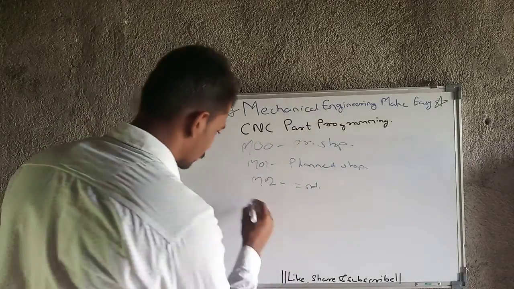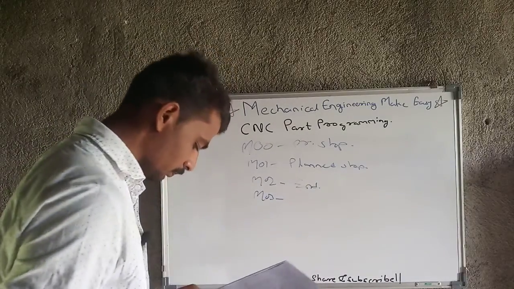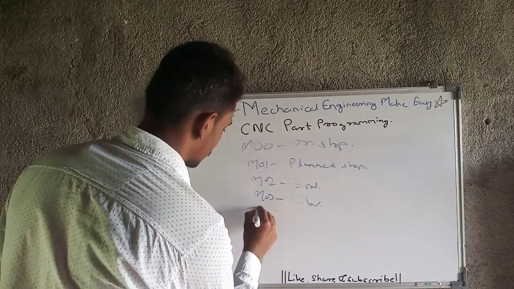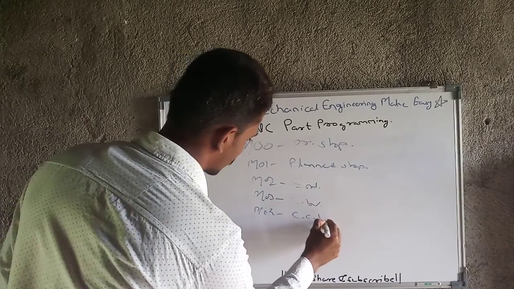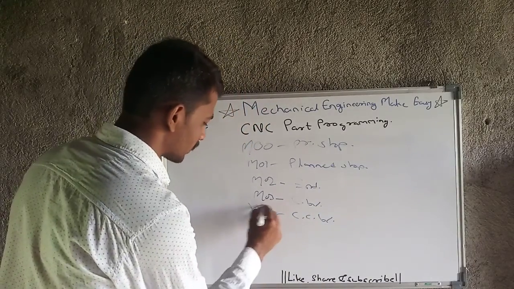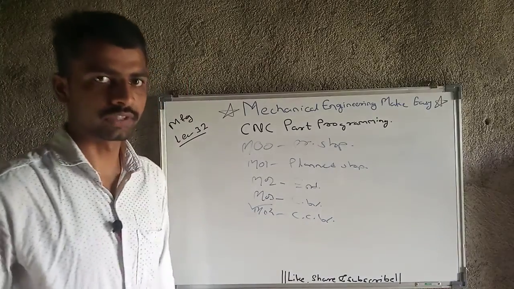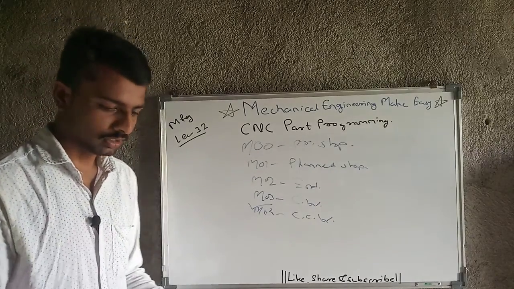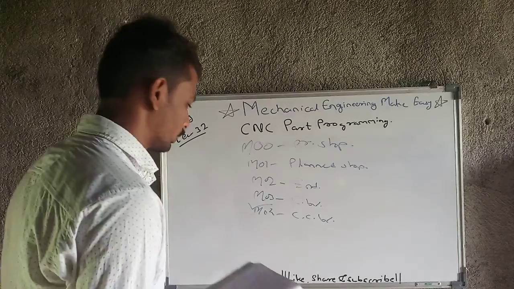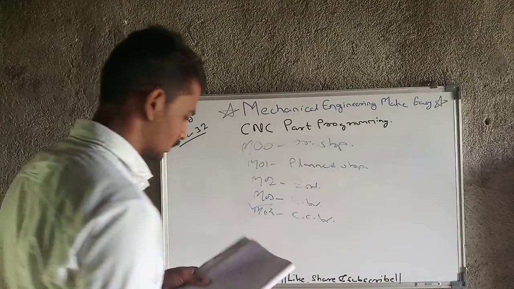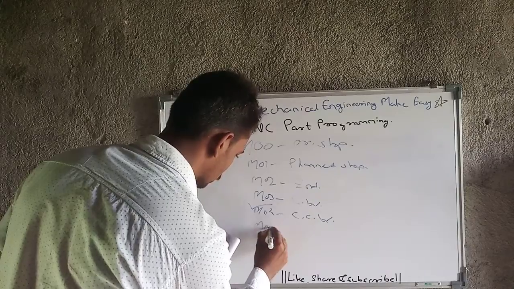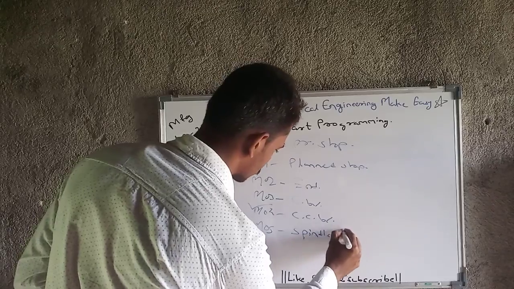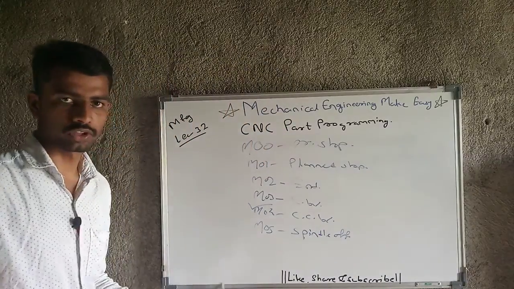Then after that, M03 is too much important, that is nothing but clockwise spindle rotation. And M04, that is counterclockwise spindle rotation, and 99% we use M04. Okay, I will say 100%, but there may be chances that I don't know any machining is happening with clockwise, that's why I am directly not saying 100%. Then there is M05. M05 is used for spindle off.